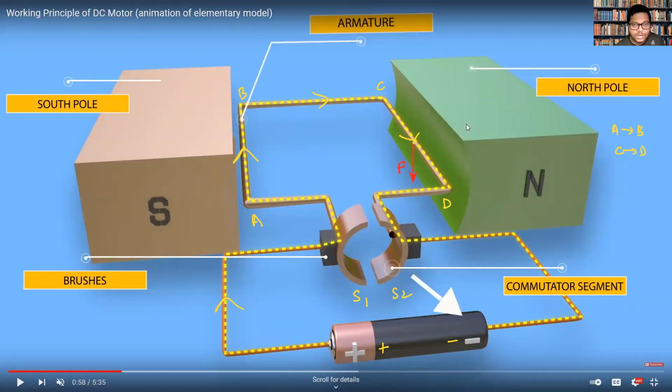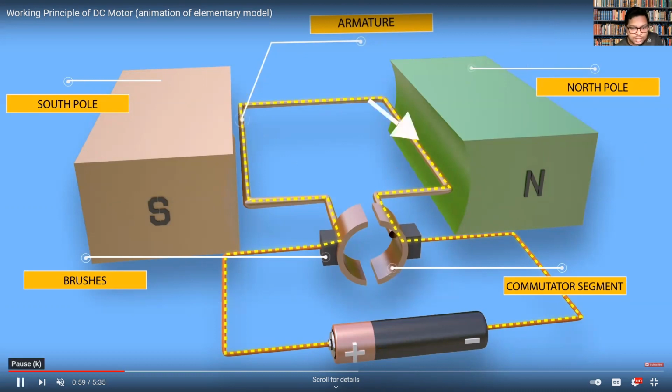So you have the current flowing and the magnetic field directed from north to south. The current is flowing inside, so the direction of force points upward, and on this side, the force will point downward. Now, when you have a coil like this, and one end of the coil is pulled up and the other end is pulled down, this coil is going to rotate. So when it rotates, you will see the following thing happening. Let me erase this and allow it to rotate.